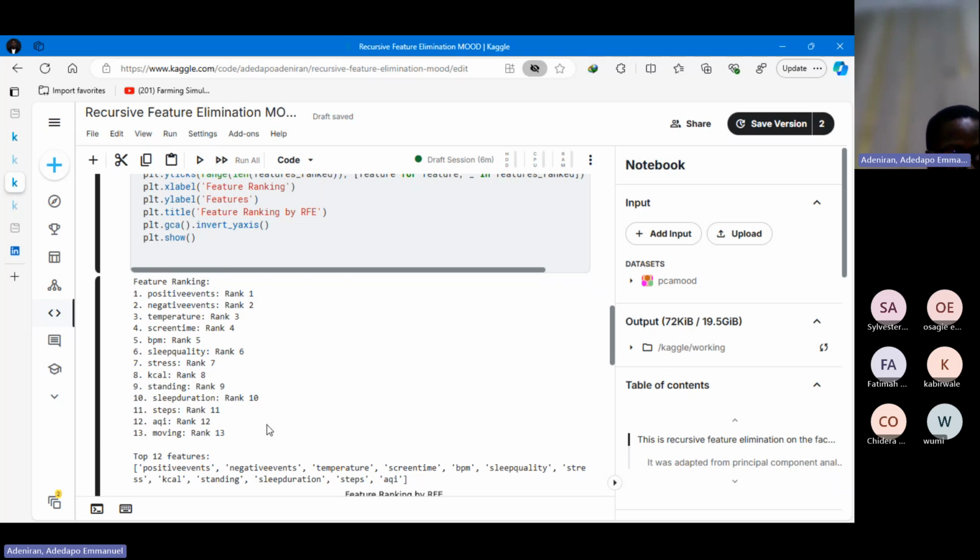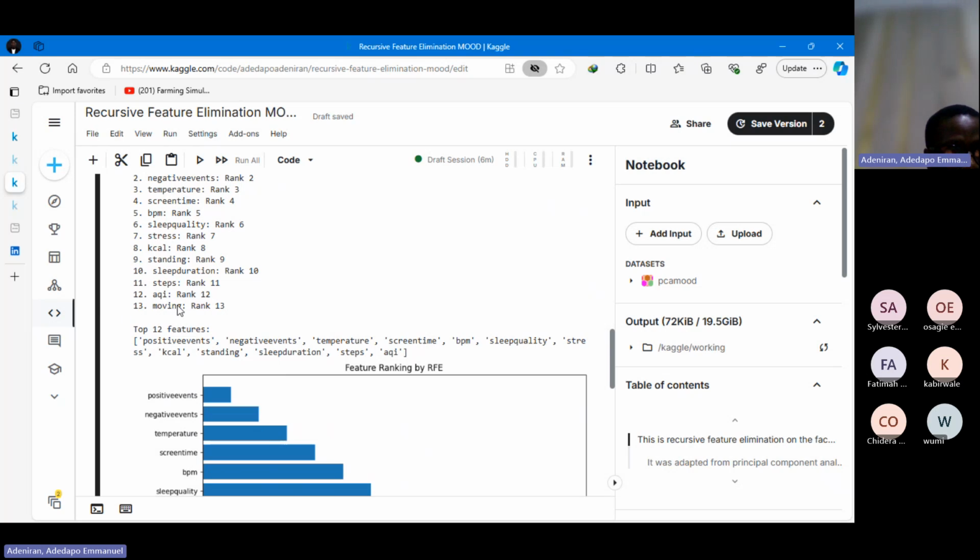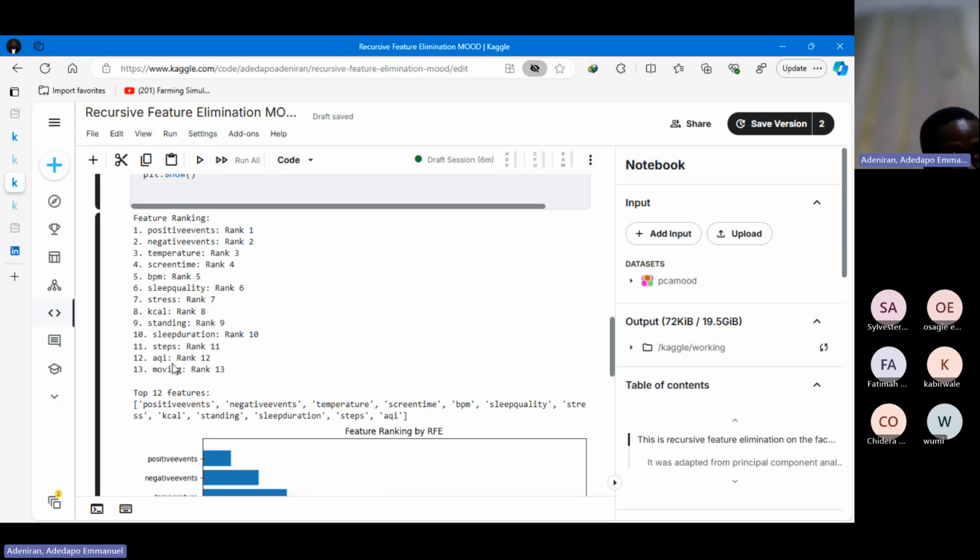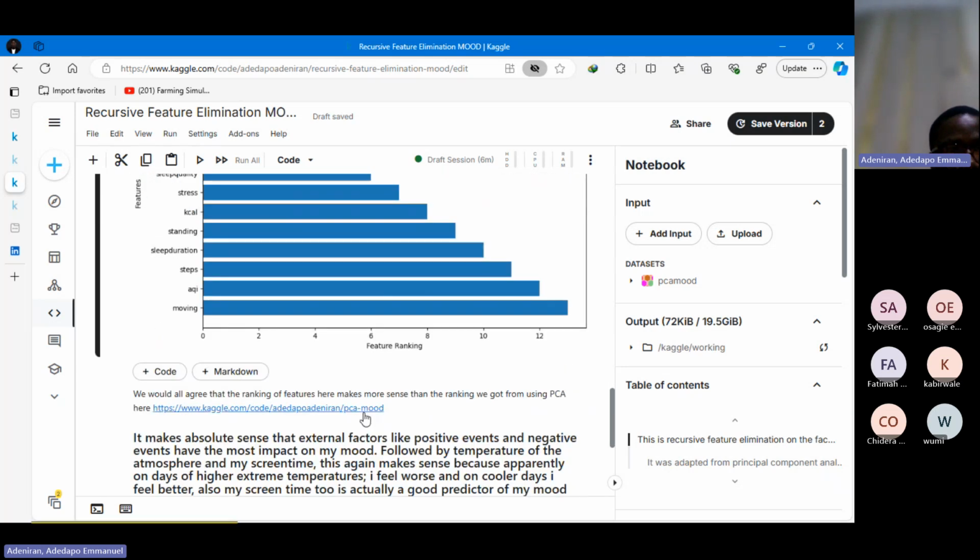importance. So the first feature that we're going to eliminate here is moving, meaning that the number of minutes or hours that I spent moving does not really have so much effect on my mood. The AQI too, that's the air quality index, that's just to say how breathable the air outside is. It does not really have so much effect on my mood either. The number of steps I'm taking every day also doesn't have so much effect on my mood. Sleep duration, the amount of time I slept for the day, might or might not have so much effect on my mood. So now the next question should be,